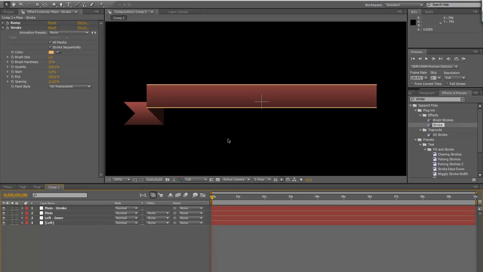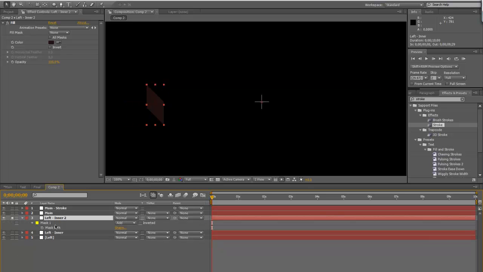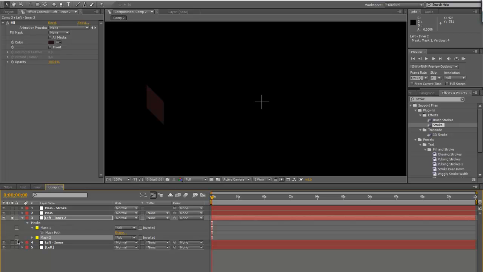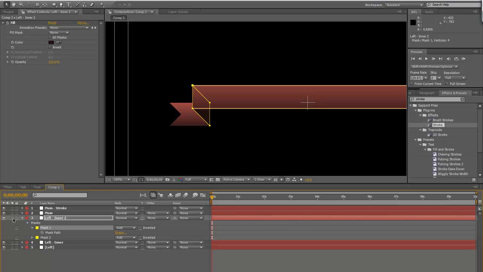So there we go. There's the trim for this. Then we're going to do that a few times. We do that on the left inner, duplicate that, go ahead and solo it, hit the mask, duplicate the mask, lock the second one, go ahead here and let's see, do we need to, yeah, we do. Okay, so